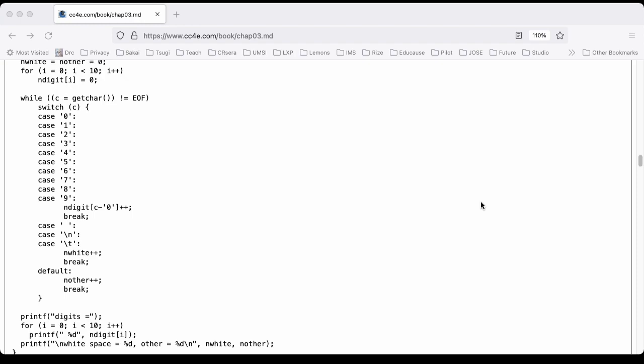case '0': case '1': case '2': case '3': case '4': case '5': case '6': case '7': case '8': case '9': ndigit[c - '0']++; break. Now that bit of code right there was to take all of 0 through 9 and guide it to the line of code that incremented the particular element of the ndigit array by 1. Continuing after the break;